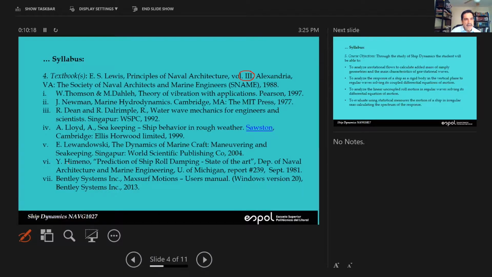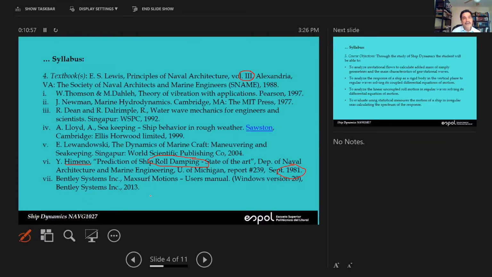Reference 6 is Himeno. Notice that it was published in 81. And the advantage of this is that it gives us some very nice equations in order to calculate the roll damping coefficients of ships. Okay, so in the chapter on ship roll, we will be mentioning this reference because it is quite useful if you want to estimate the roll characteristics, the roll damping characteristics of a ship. And finally,